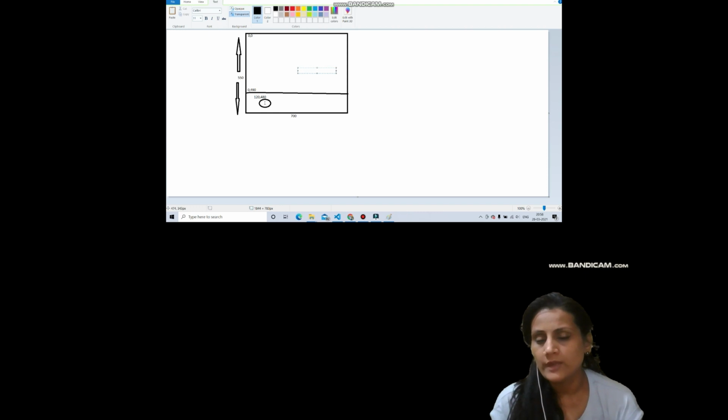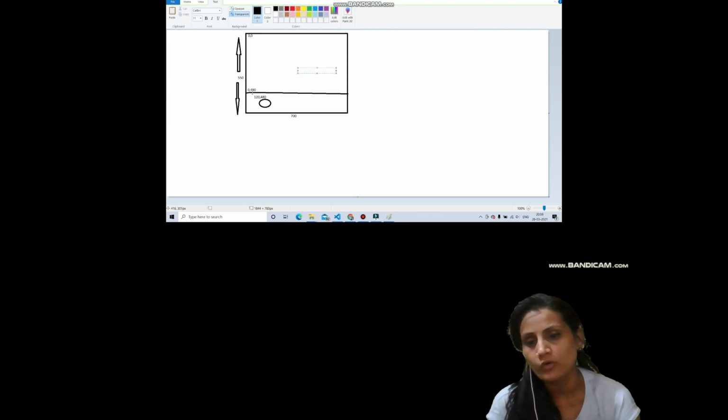When we gave 120 x for the ball, means this much, this is your x 120, and height minus 70, 550 minus 70 is 480. Similarly, for the road we decided x to be 0 and y to be height minus 60. So height minus 60 means what? 550 minus 60 is 490.